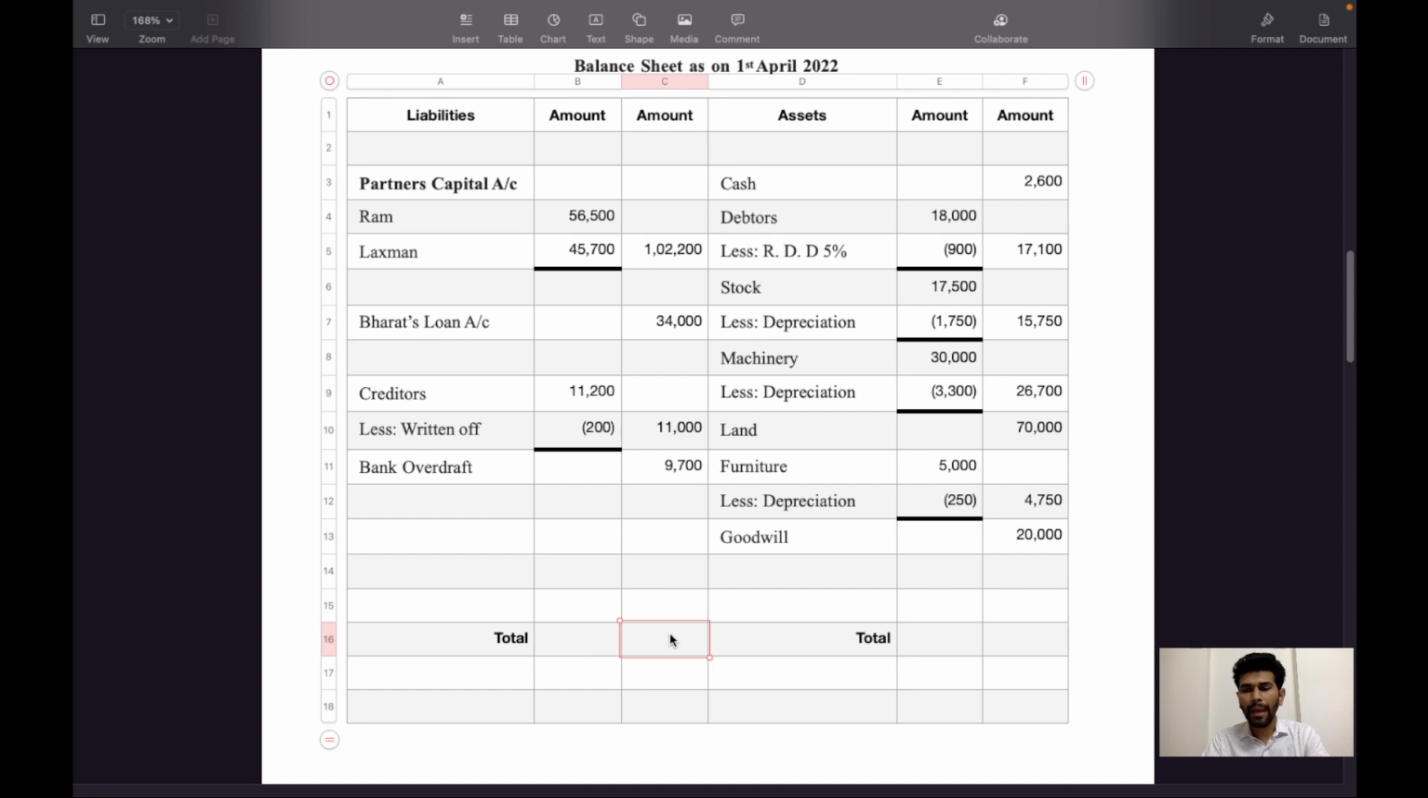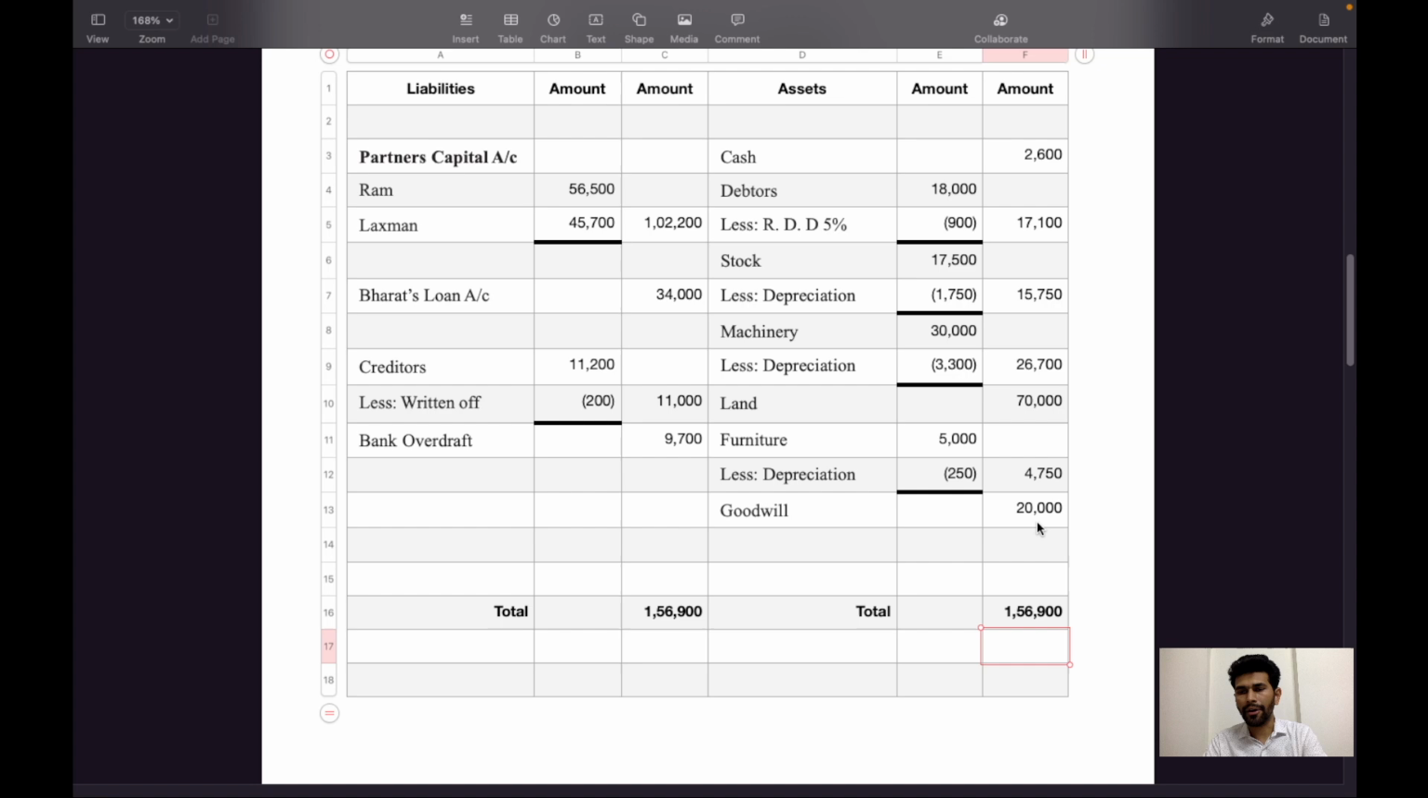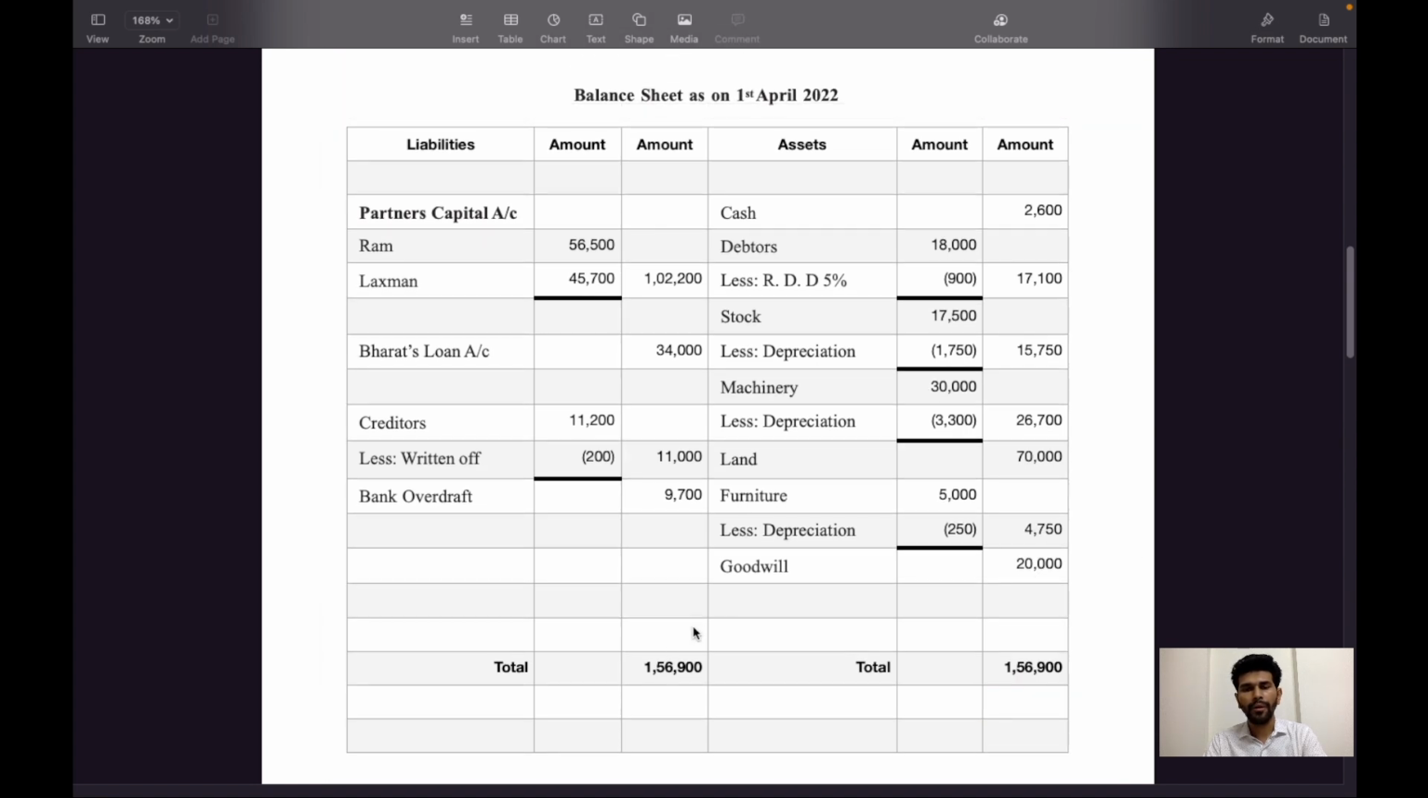So the asset side and liability side total will be 1,56,900 on the liability side, and on the asset side 1,56,900. The totals will be equal and the balance sheet is tallied. So